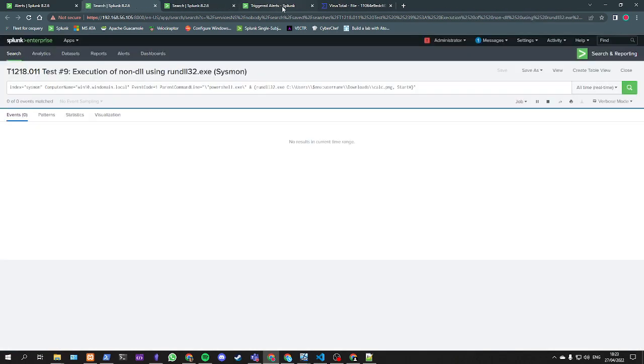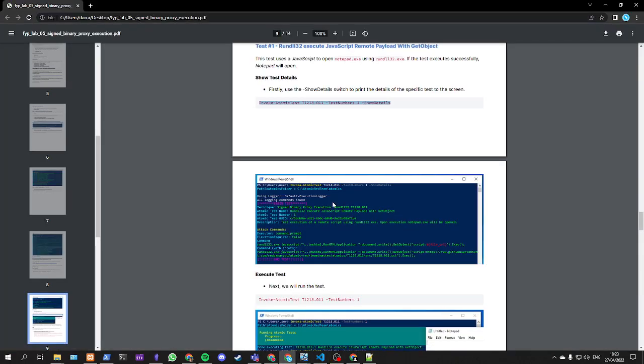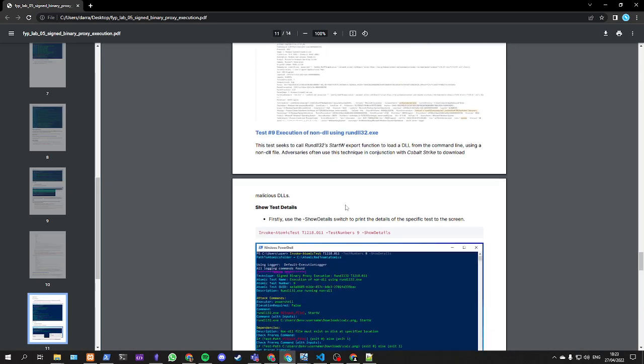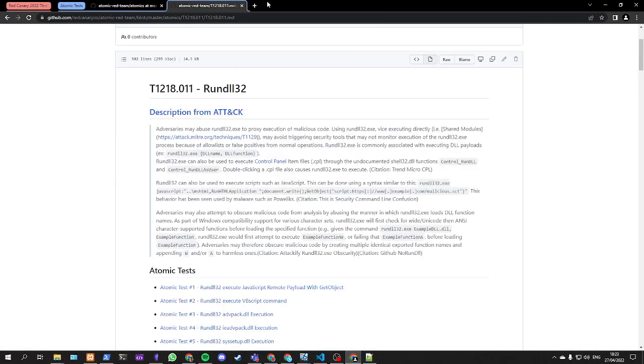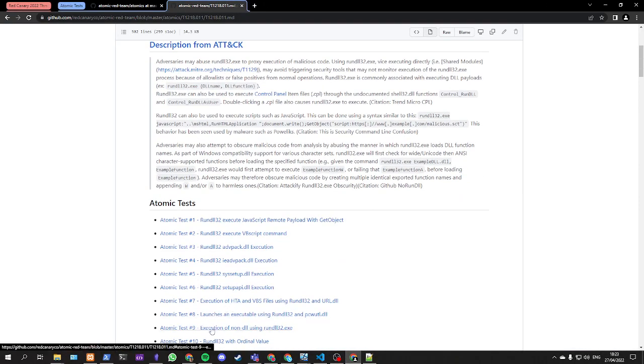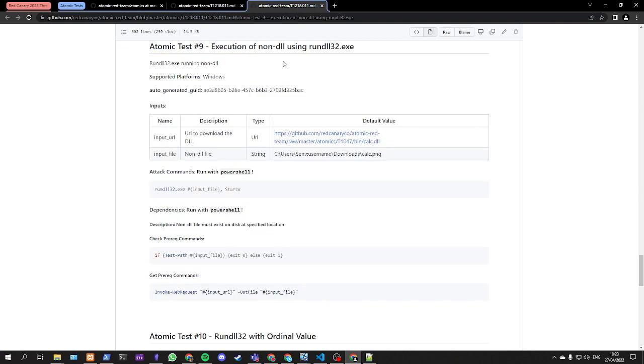That's that testing completed. So the next test we're moving on to is test 9. So what is test 9? Test 9 is the execution of a non-DLL file using rundll32. So we're going to download a calc.dll from GitHub,